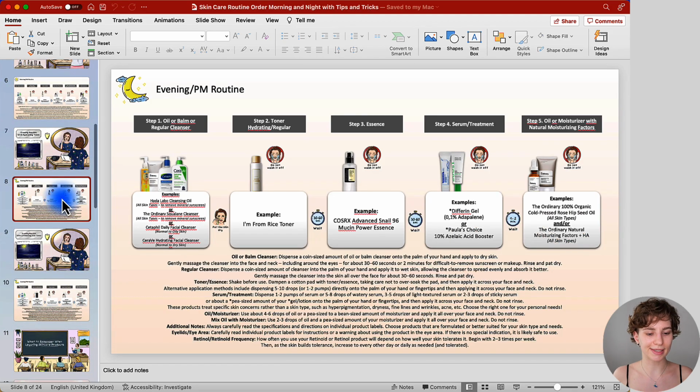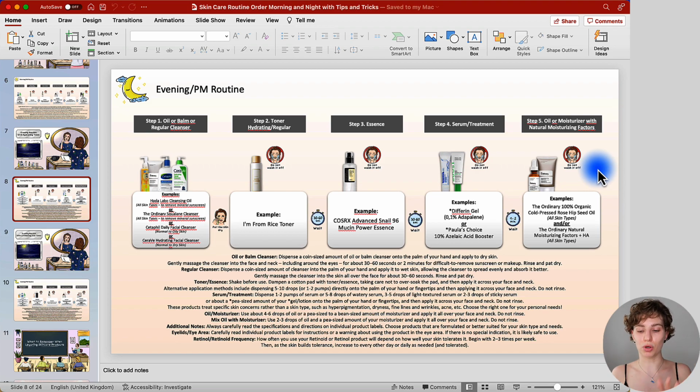Now, when getting back to the example routine, after your cleansing step, you can move on to your toner if you want to include it, essence if you would like to, and then serums and treatments. So right here I went with Differin, which is adapalene, which is a sort of retinoid, or for example Paula's Choice Azelaic Acid Booster. So I went with treatments that have a thicker texture. So one is a gel, the other one is a cream, and again the overall general guide below should help you to understand how much you would need to use, because still those are treatments, you shouldn't overdo it. Once you have applied it to the skin, you're going to leave it on the skin, there's no need to wash it off.